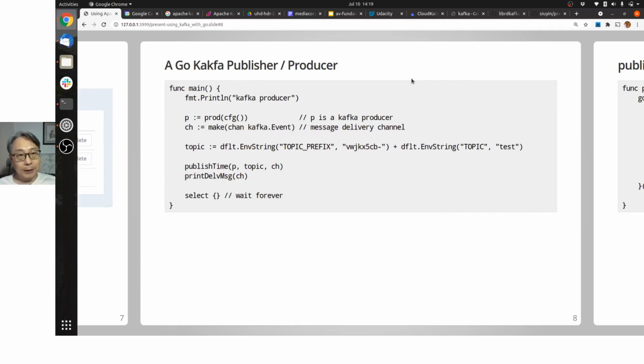Now let's look at a Kafka publisher. In Kafka lingo or terminology, it's named a producer. So we create a producer from the configuration. We have to give it a channel of Kafka events. I'll explain channel in a while, but essentially a publisher publishes to a topic,